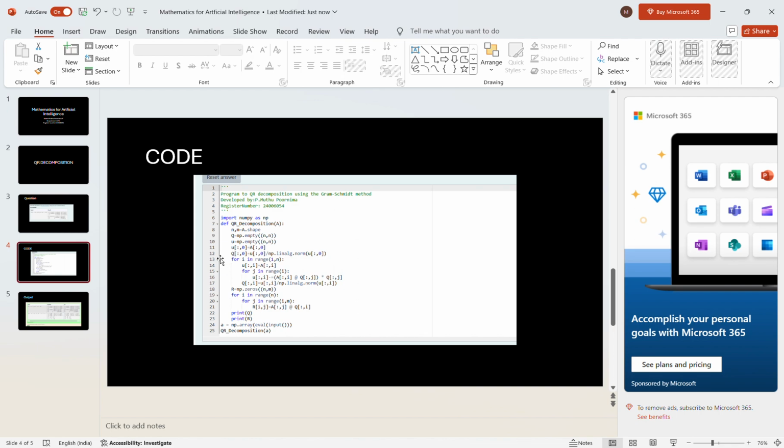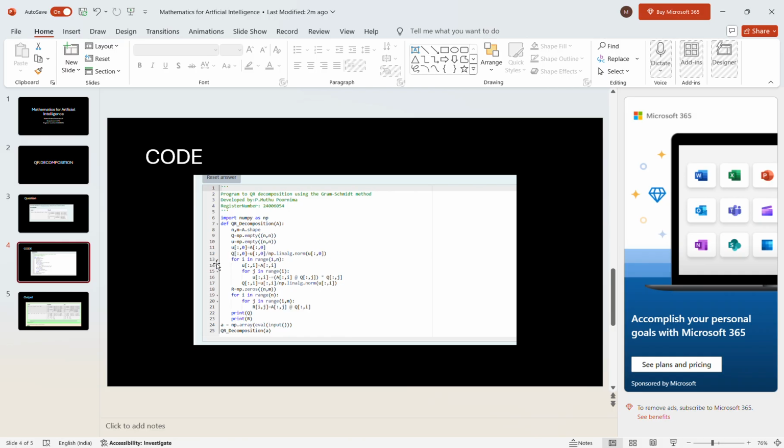The 11th line copies the first column of A to the first column of U, and the 12th line actually normalizes the first column of U by dividing it by its Euclidean norm and assigns it to the first column of Q. So basically for the Euclidean norm, we will have to use np.linalg.norm, which is present in the NumPy library.